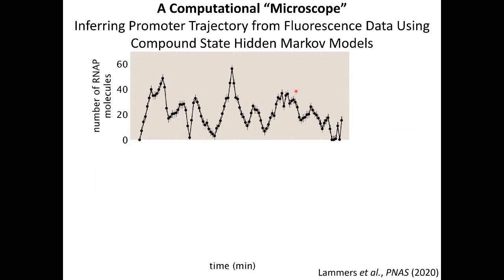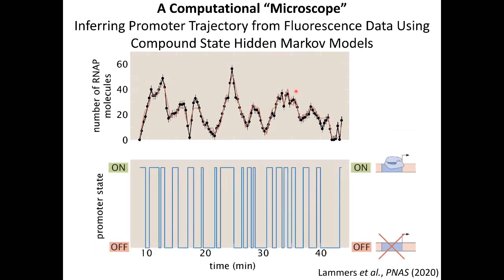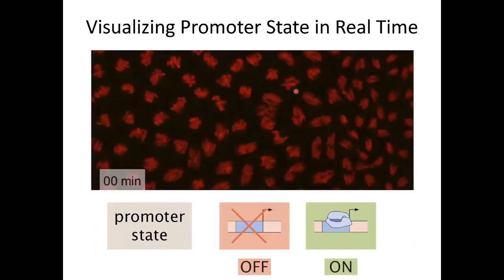This is basically, I would call this a computational microscope that uses hidden Markov models. And I'm not going to go through the math, but we can talk about it afterwards. But here's the idea. What you're seeing here is a typical fluorescence trace we get. And you will be hard pressed to tell me when a promoter is on and when the burst ends. But now we can find the most likely trajectory of the promoter throughout the whole time course. Okay. And we can do this for every cell throughout the embryo.